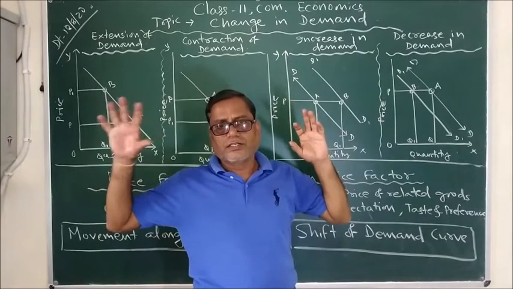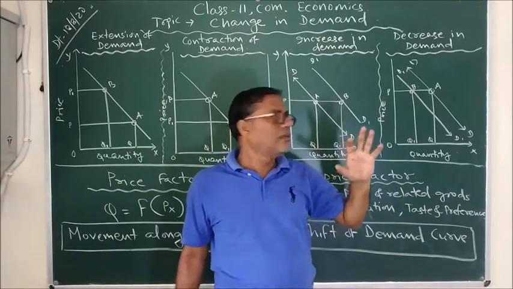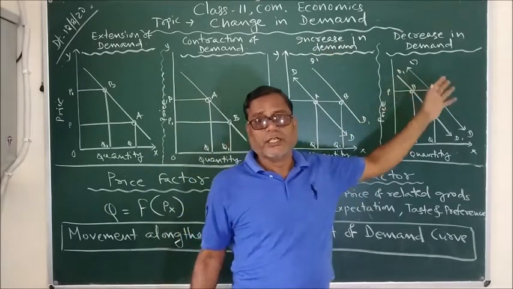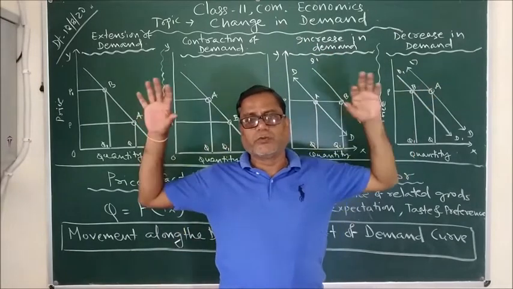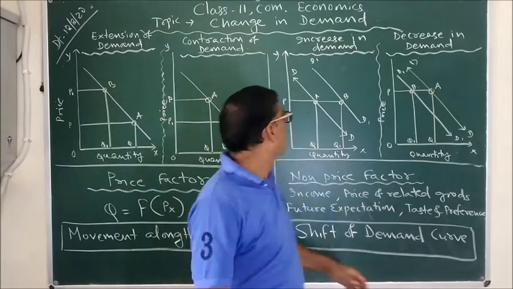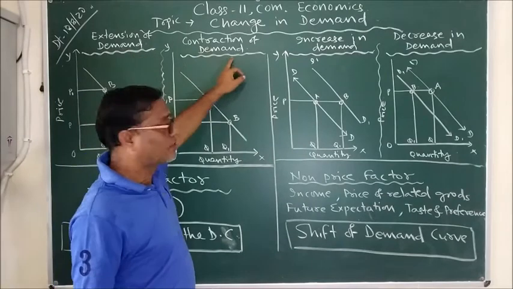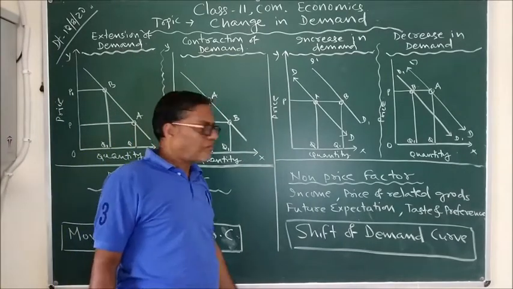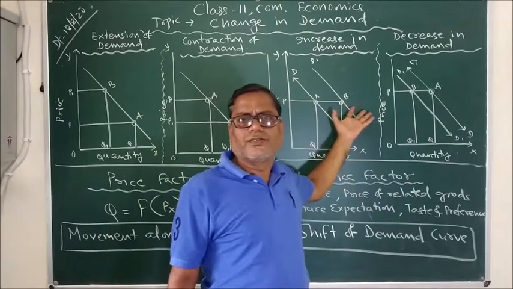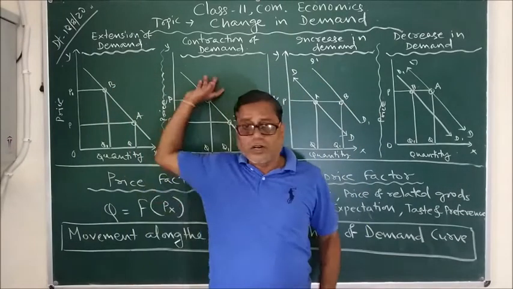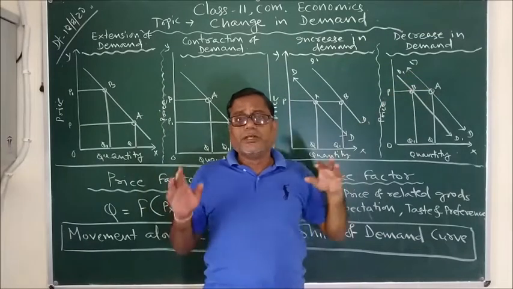So extension, contraction, and here increase and decrease. You need to clearly differentiate between these two groups. So first, coming to extension of demand and contraction of demand. In order to understand the difference between extension and increase and contraction and decrease, you need to first